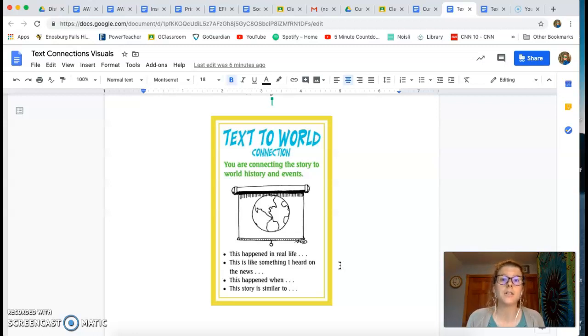And you could look at how it's happening in Vermont or the United States or the world, or if you remember something from history, make a connection from something in the current event you're reading to something that has already happened. Or even a story that it's similar to. So maybe you're reading an article about, let's see, what are some that I've posted? You're reading an article about the Madagascar article about planting all the trees, and you could say, well, I remember when we talked about climate change in social studies class back in the fall, it reminds me of this part that we talked about, or when we watched the documentary Before the Flood.